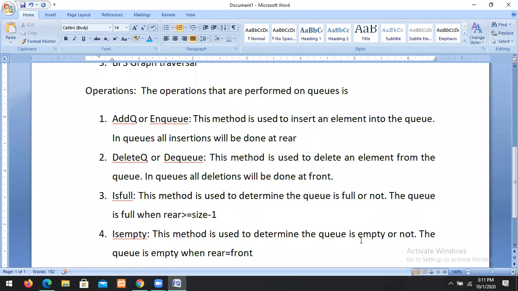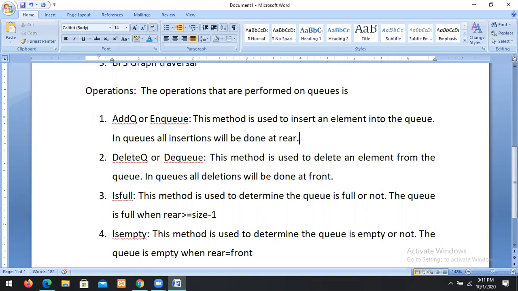This add queue or enqueue is used to insert an element into the queue. In queues, all insertions are done at rear. Rear means at the end. At the end we perform insertions.